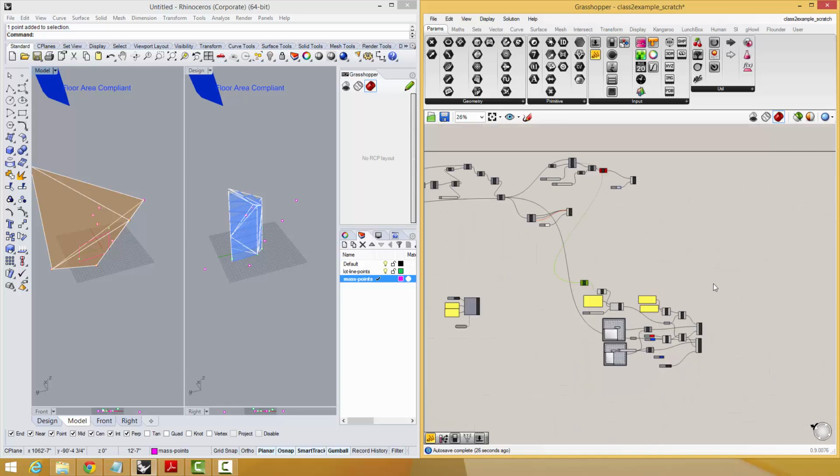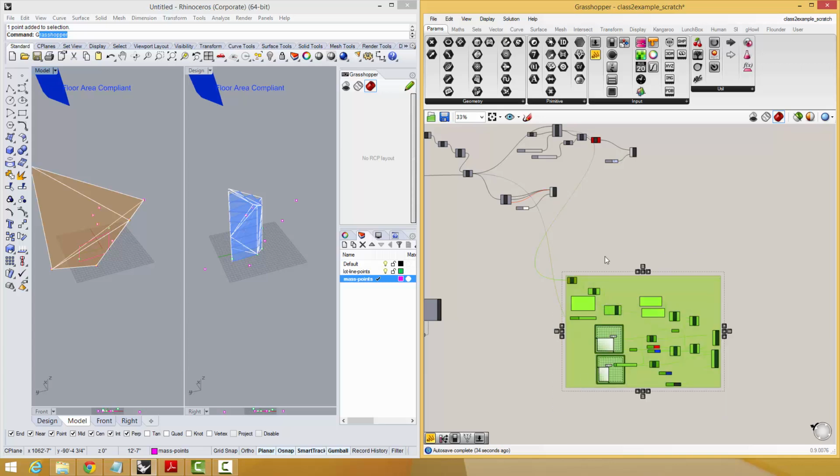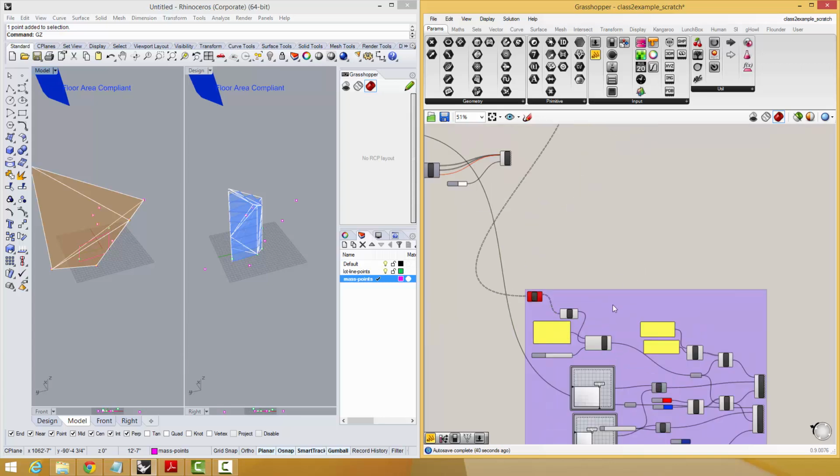And one good process is to group a lot of things together. This is done by selecting and hitting Control-G, or selecting and middle clicking and clicking on this little group formation. You can double click on the group to change how the groups are formed. You can right click again and say,